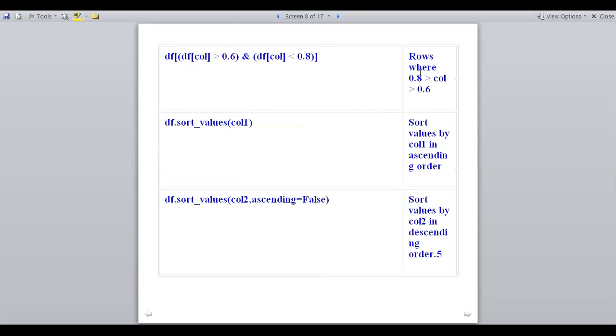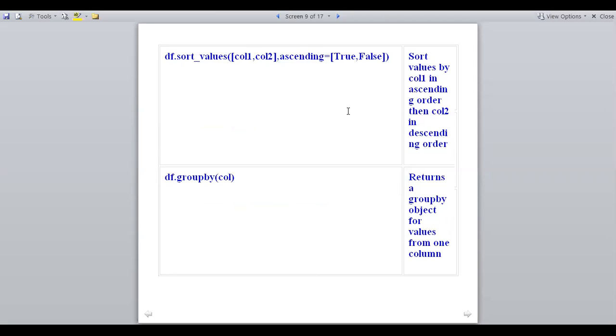And df.sort_values: you can arrange in ascending or descending order. So here it sorts the values by the column in ascending order. df.sort_values(col2, ascending=False) sorts the values in descending order. And df.sort_values([col1, col2], ascending=[True, False]) sorts by the first and second column in ascending or descending order.